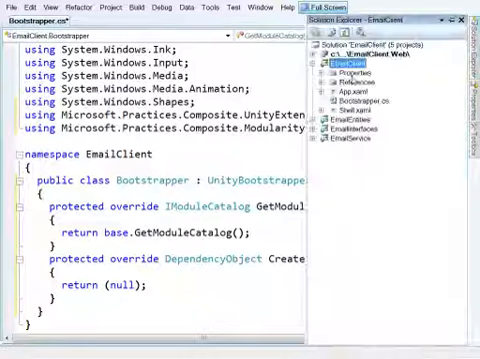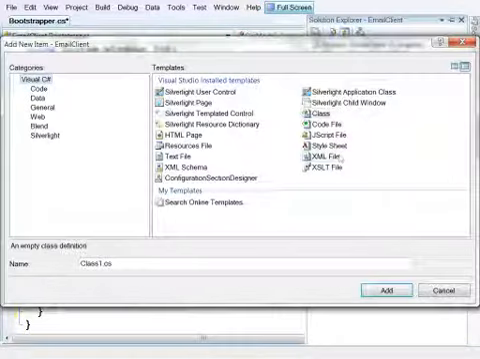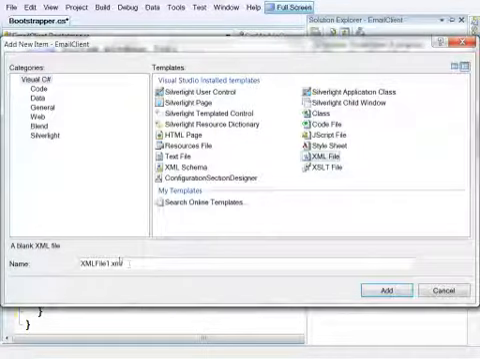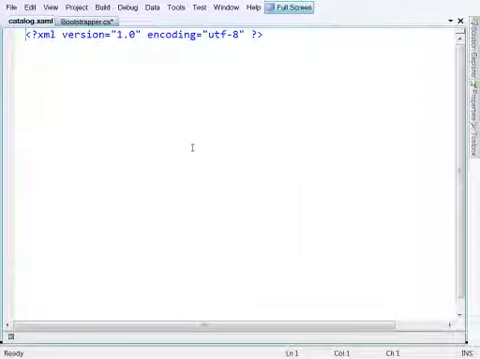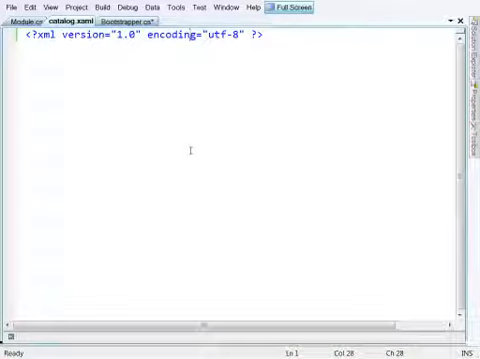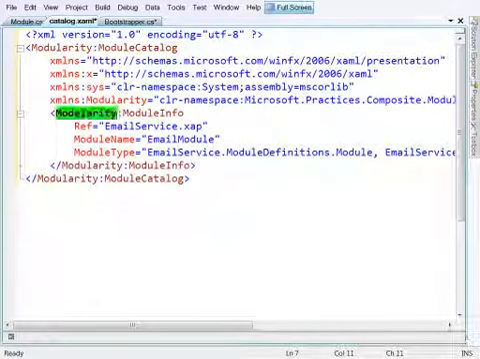So I'm going to walk up to the project, add a new item, XML file. I'll call this catalog.xaml. And into there I want to define my module catalog. I'm going to paste a piece of XAML in here. So we're saying here's our module catalog, and our first module